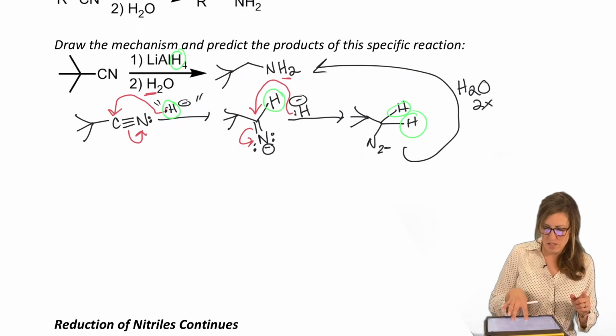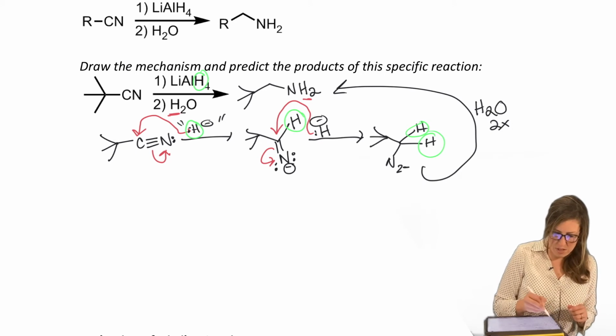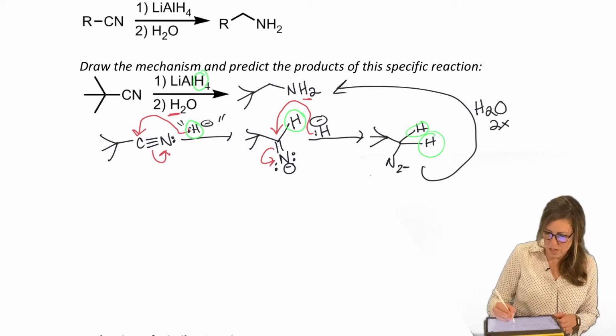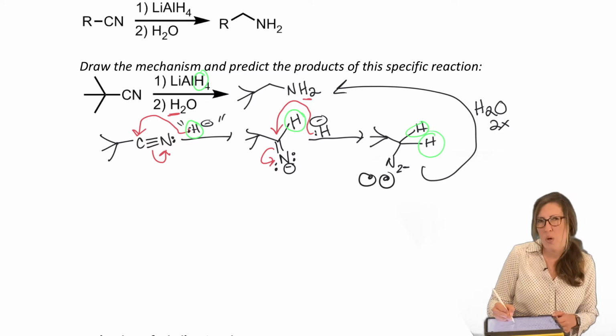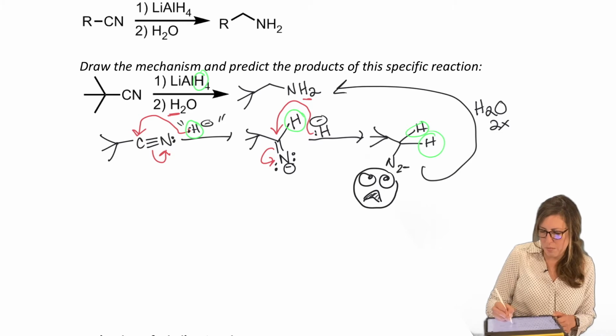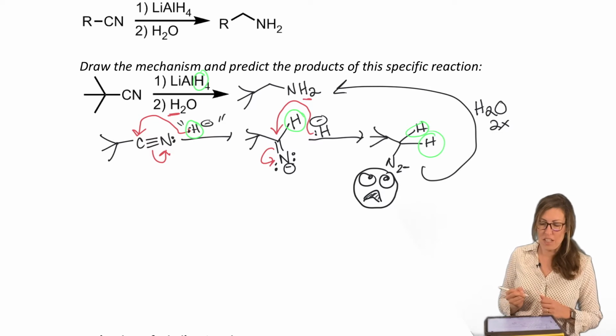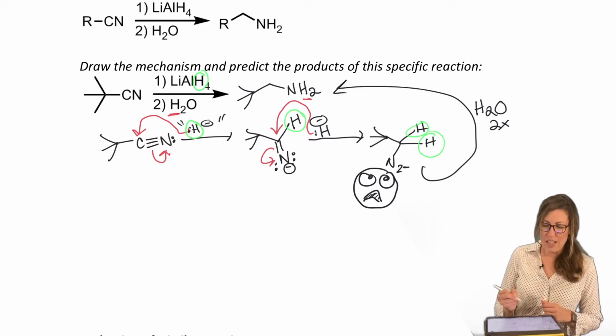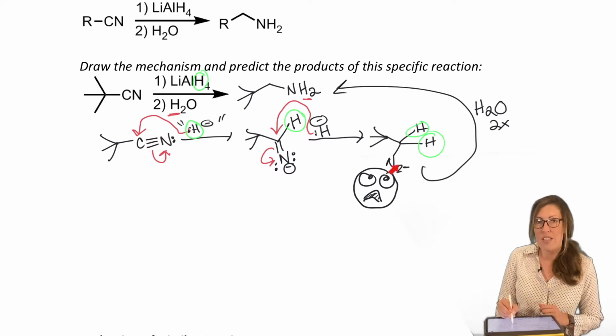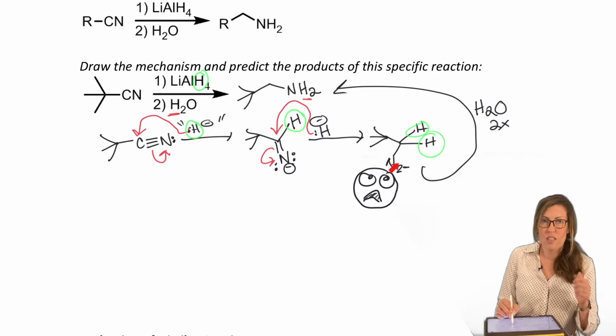So back here, I'm actually going to put something to remind us that this is weird. I don't want to do a wow. I might do a what happened? It's exciting, but it's concerning. We made a 2 minus. That's not very stable, but it's because LAH is so reactive. This can form because LAH is that reactive. It's brutal like that. It'll just beat it till it gets all its H's on there.